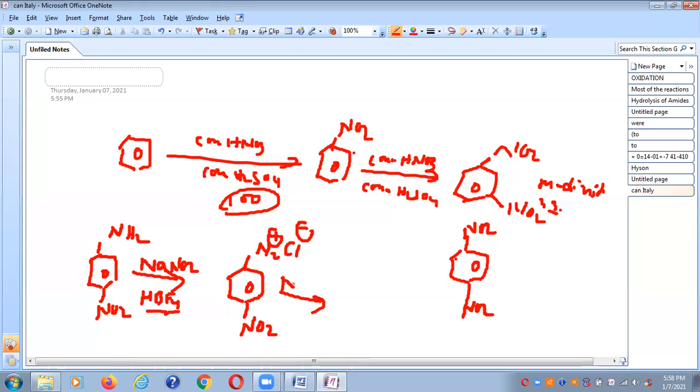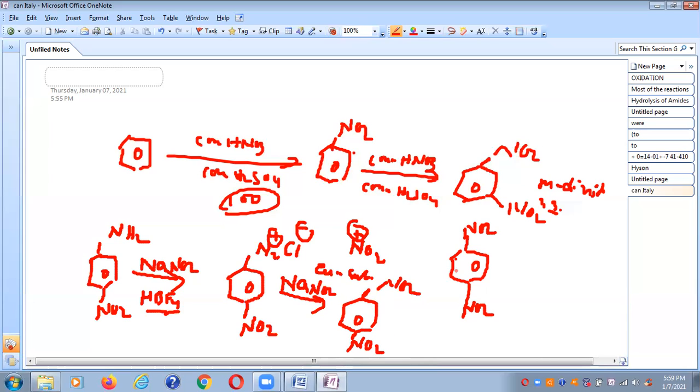Further, this para nitrodiazobenzene undergoes a nitration reaction. So that is a simple substitution reaction. Here this is an electrophilic substitution reaction. Why? Because this N2 plus will be substituted with NO2 plus. Here, this is which type of reaction? Electrophilic substitution type of reaction. So this position will be substituted with NO2, and already at the fourth position we have NO2. So this is the indirect method.